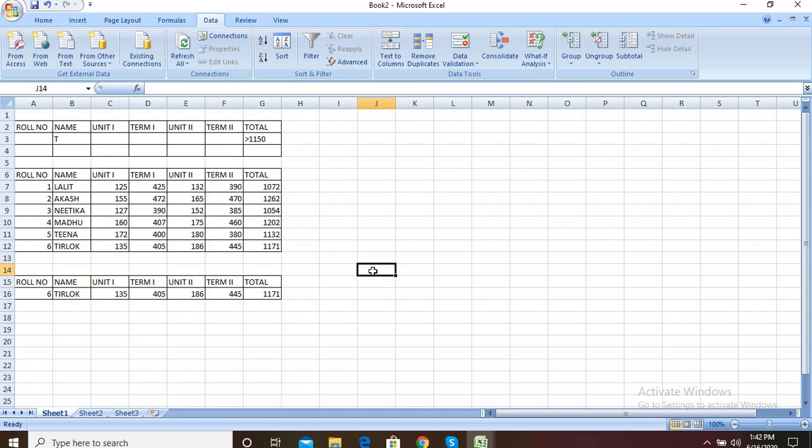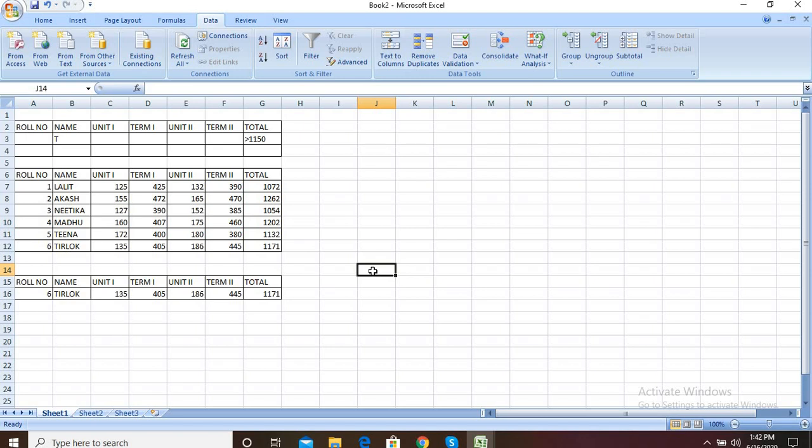Now next, after data validation, the next point is conditional formatting. Basically, what is meant by conditional formatting? It is used to format the cell value based on a set of conditions. Means this feature of Microsoft Excel is used to format the cell value to a specific format if they follow certain specific conditions.